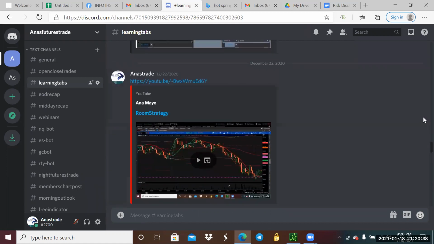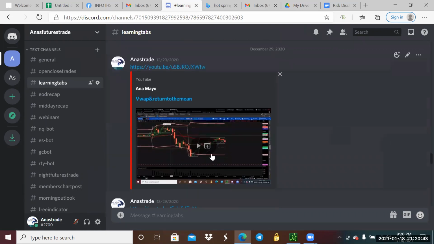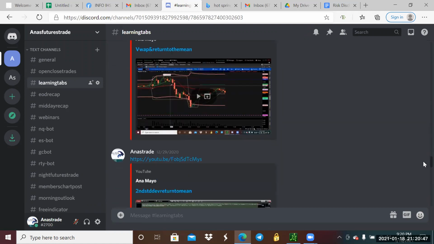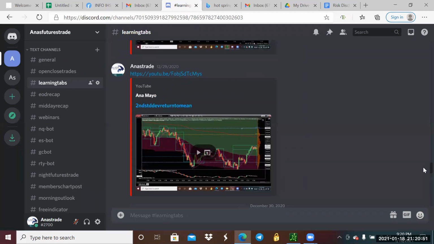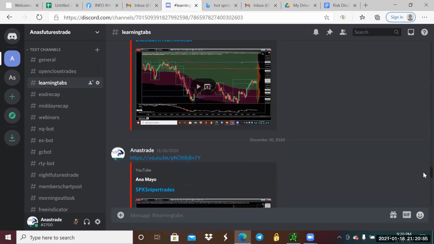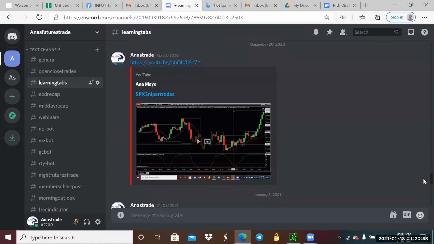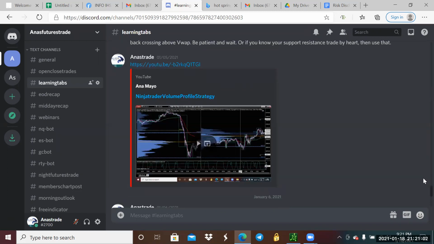And here's the room strategy that we use all the time. Okay, the VWAP and return to the mean trade are very important because we use them all the time. The second standard deviation, return to the mean trade. I want you to go over them a lot, like literally, and the sniper trades. The NinjaTrader volume profile strategy,